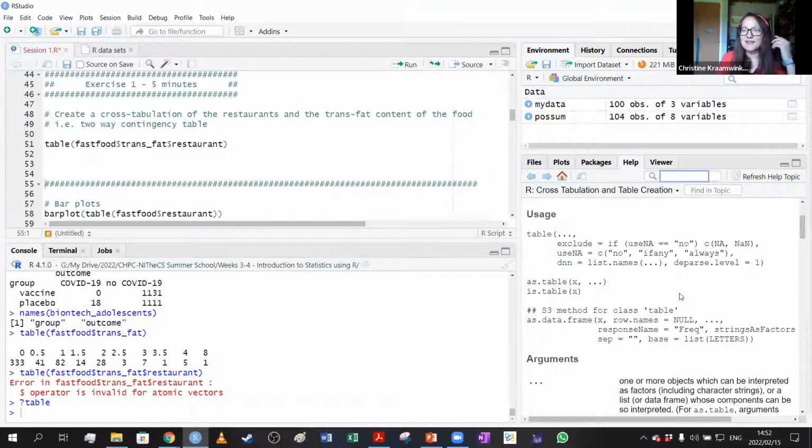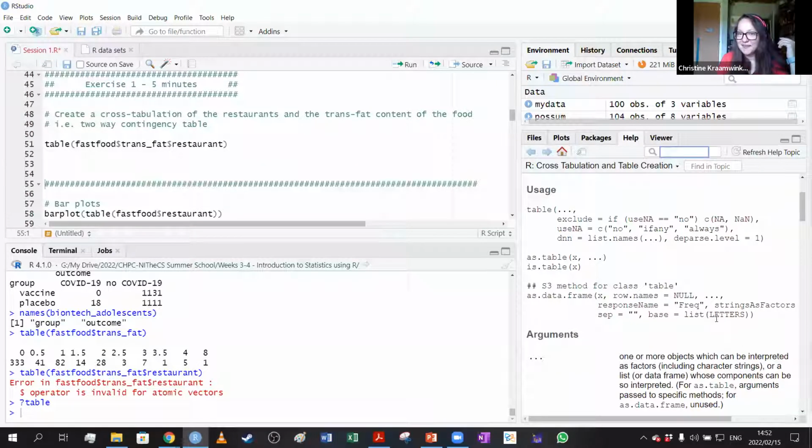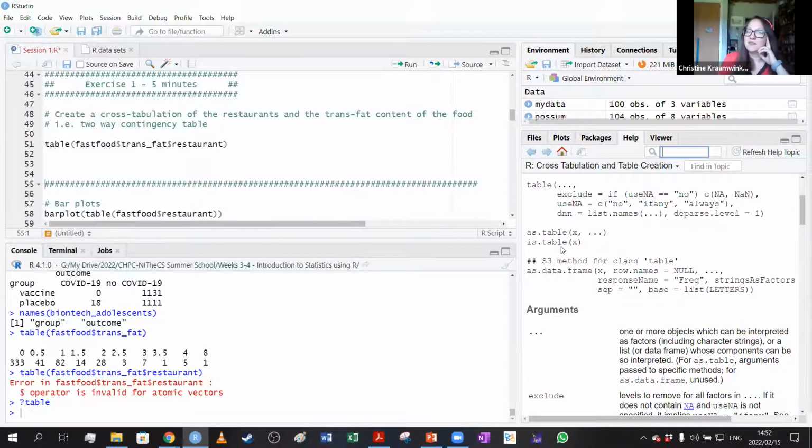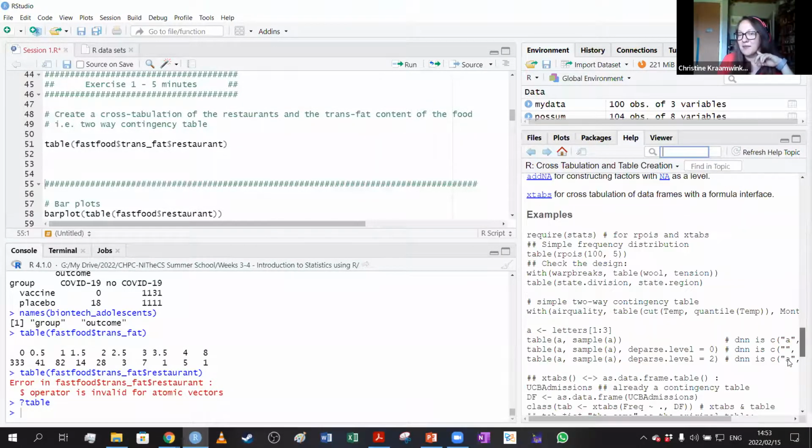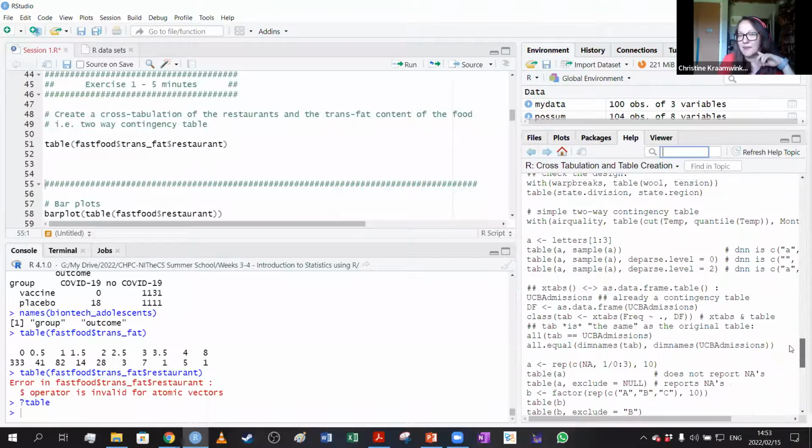So if we look at the syntax, I've put that up here. Might not help too much, but often there will be examples at the bottom.